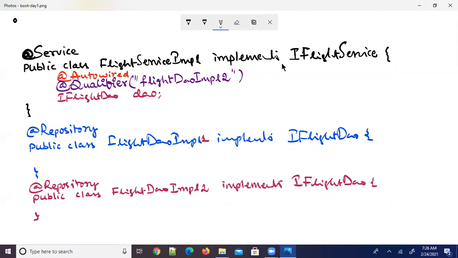So when more than one bean is found in the container for autowiring, then an ambiguity problem occurs because it can't decide whether to inject the first object or the second object, right? So that problem can be resolved with qualifier. So use the @Qualifier annotation to provide the bean name or ID, whatever it is. And now tell me, have you understood whatever I have explained so far?